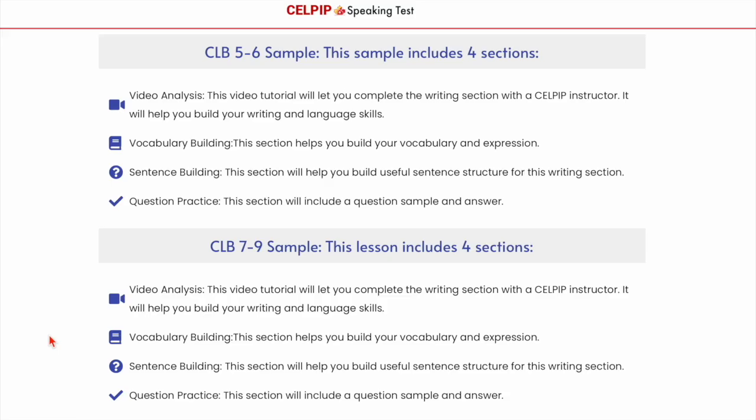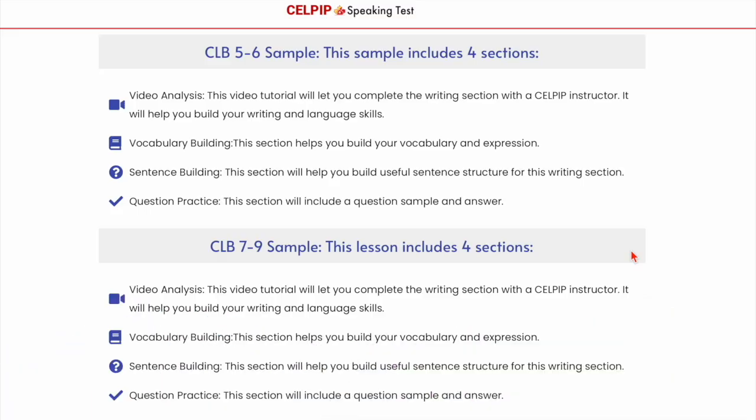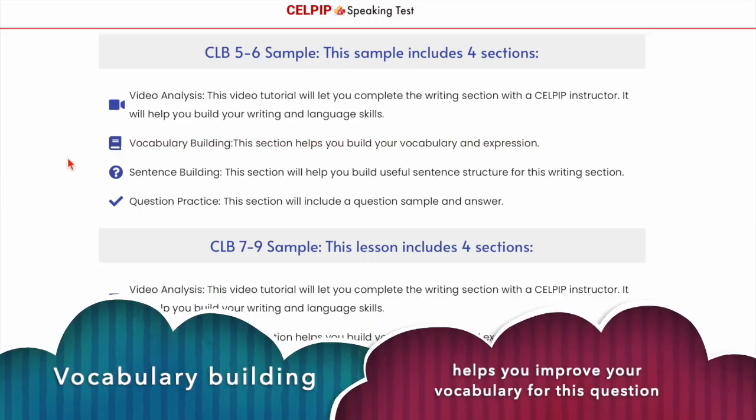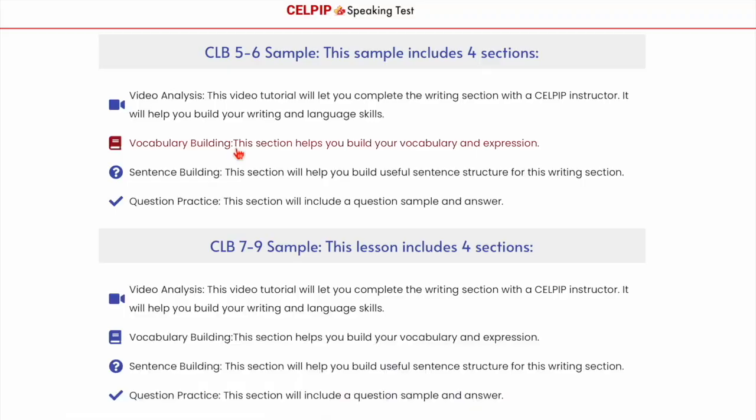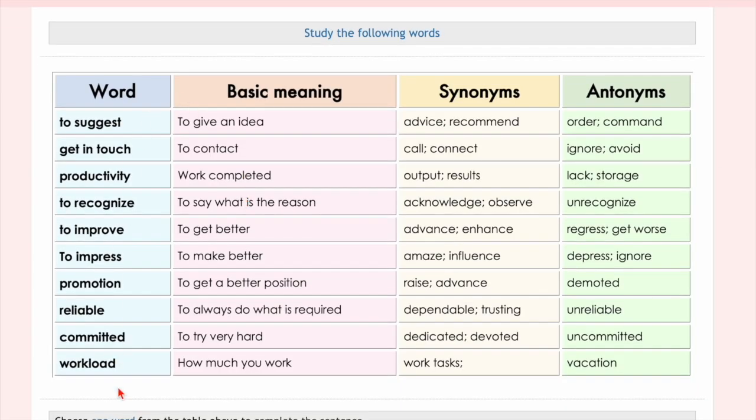Now everyone, you will notice that here in the front page, we have two options, CLB 5-6 or CLB 7-9. So based on the level that you need, you can choose which one of those you would like, which level is better for you. Also, you will notice that both of these samples include vocabulary building. Vocabulary building is great for building your vocabulary for all levels. This section includes some vocabulary words that we can use in this sample, the meanings, synonyms, antonyms, and then